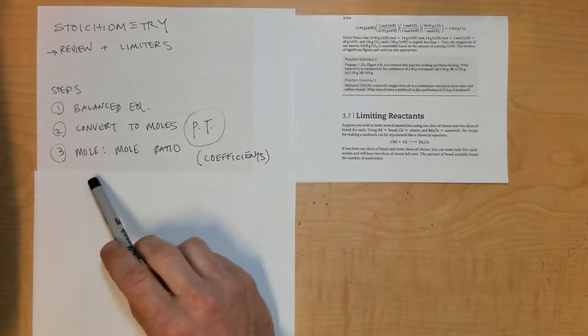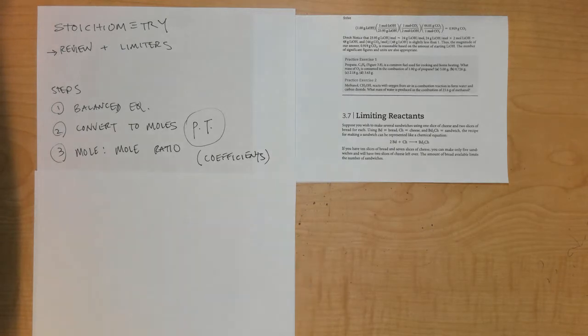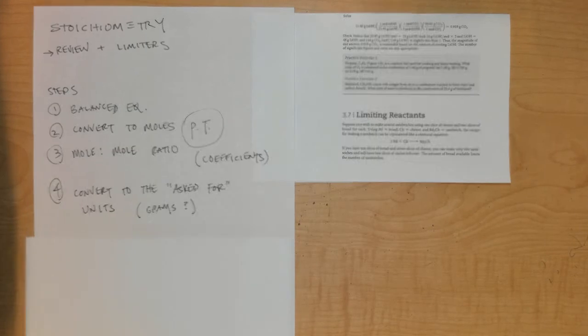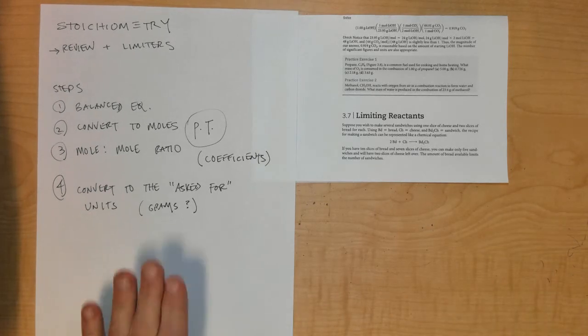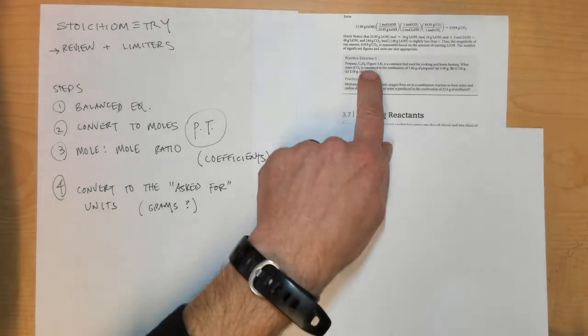Third step, using the mole-to-mole ratio from the balanced chemical equation, therefore using the coefficients that are in front of the reactants or the products. And then fourthly, convert to the asked for units, which many times is grams at this stage in your chemistry career, but it could also ask for molecules, ions, particles, and eventually it'll ask for liters or other types of volumes of substances as well. So those are the 4 steps, and we're going to keep those aside as we work this practice exercise number